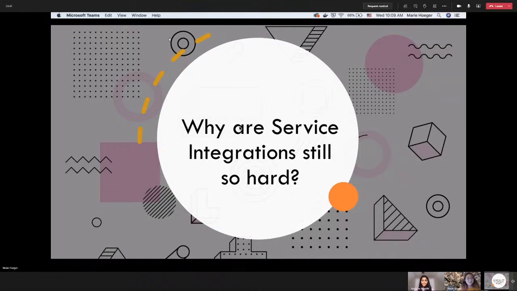Why are service integrations still so hard? Perfect. So before jumping into Azure API connections, I wanted to start off by walking you all through the state of the world today around service integrations and why we're trying